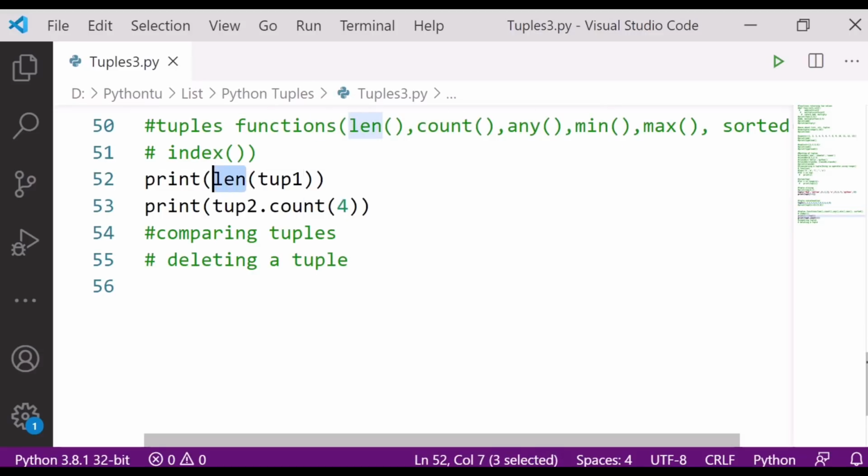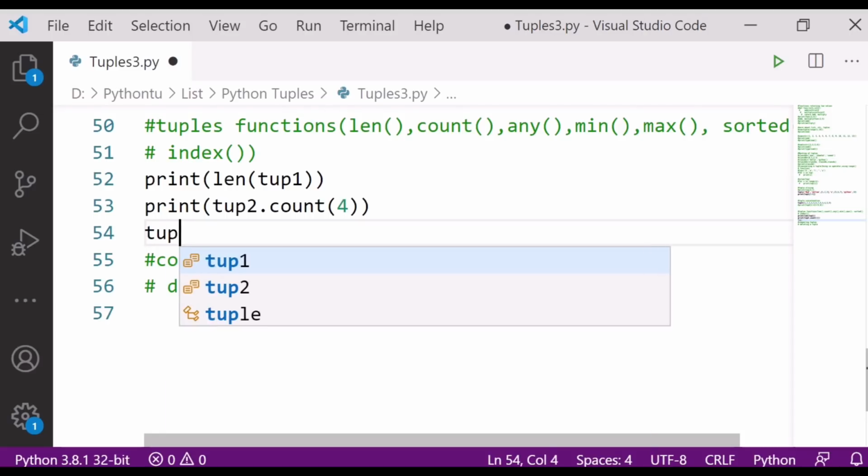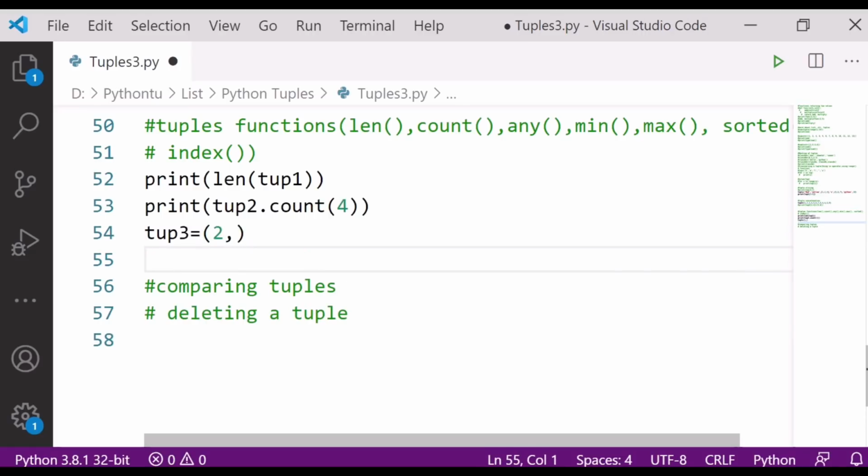First we have done length, now I am doing count, and the next one is the any function. The any function returns true if the tuple has at least one item. If the tuple is empty, it will return false. So how to do that? Just suppose I am creating tuple 3 is equal to, I'm writing here 2 comma this one. Fine. Next I am writing print